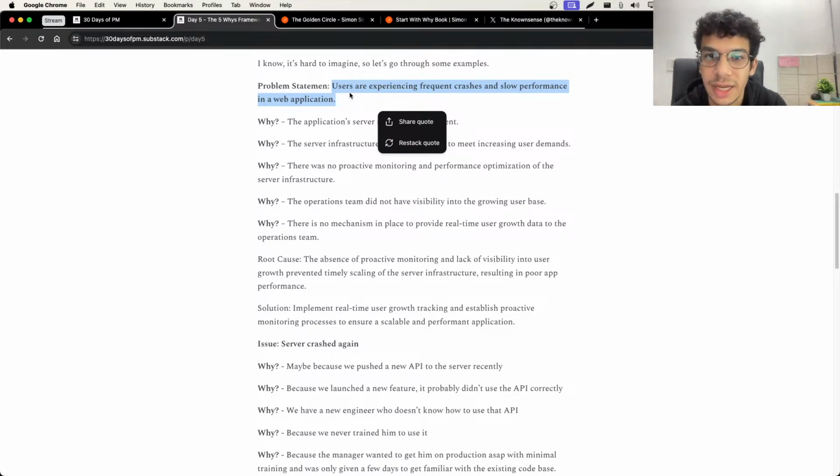So users are experiencing frequent crashes. Okay, why is that? Maybe because we've deployed something that didn't work out or that has failed our build process, making the app crash. That can be a reason. Okay, why did we push buggy code, or why did we not scale our infrastructure? We pushed buggy code because we wanted to meet our deadlines to deliver the request to the customer, and we didn't have proper time to test the application before making it into production.